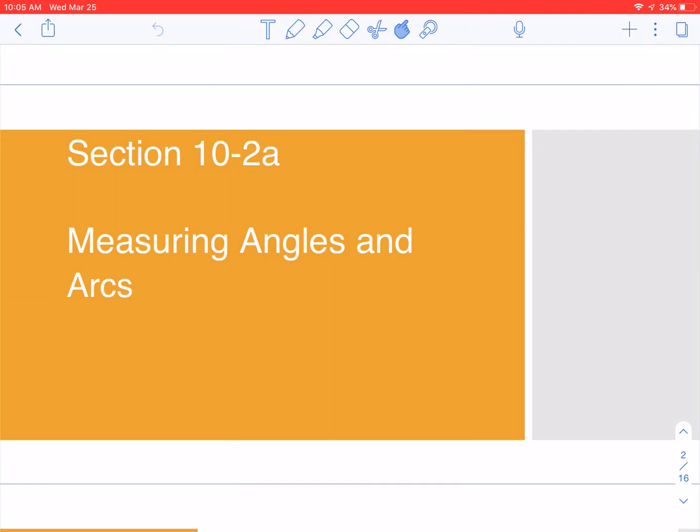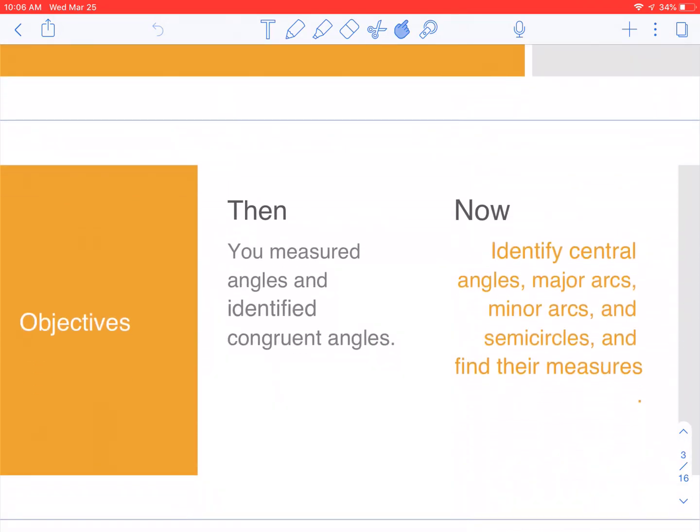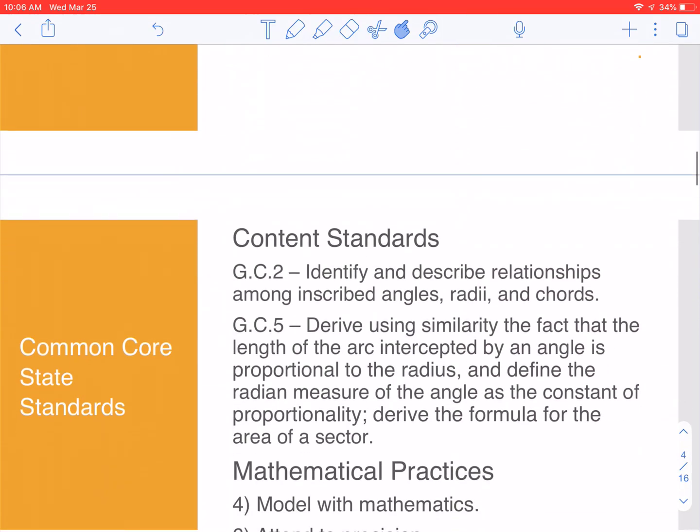We're gonna get going with section 10.2a here, measuring angles and arcs. So we've done a lot with angles already this year. Talks about it right here. We did congruent angles, okay? And today we're gonna be learning new terms: central angles, major arcs, minor arcs, and semicircles, and finding the measures. So similar to what we did with triangles, we're now going to be finding